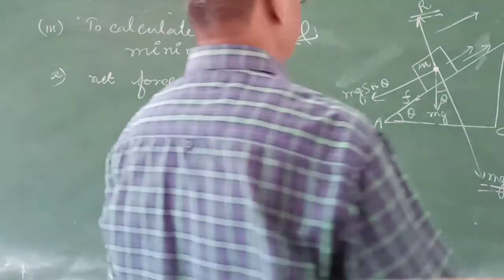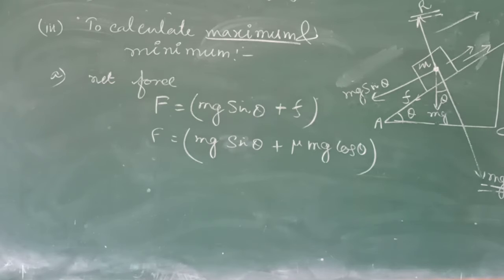Let a block of mass m is kept on the inclined plane. There are various forces. Theta is the angle of repose. Force due to weight acting in the downward direction, normal reaction acting in the upward direction. Resolve mg into two components. One is the mg cos theta, another one is the mg sin theta. Mg sin theta acts in the downward direction. When the block is moving in the upward direction, we require a maximum force to move the block in the upward direction for this angle of repose. Therefore, the force of friction comes into play in the direction B to A.